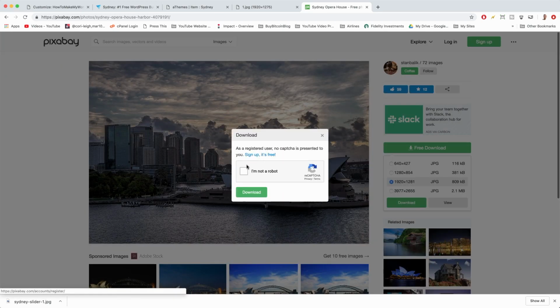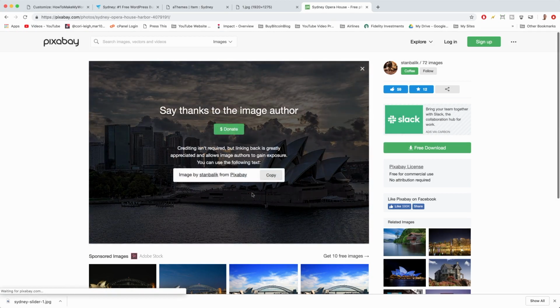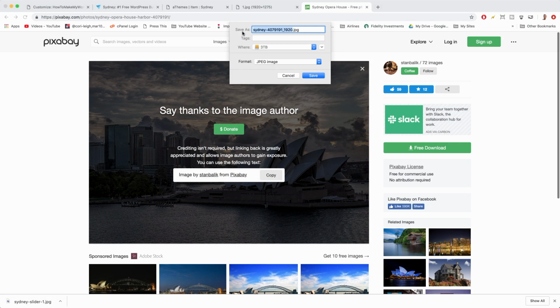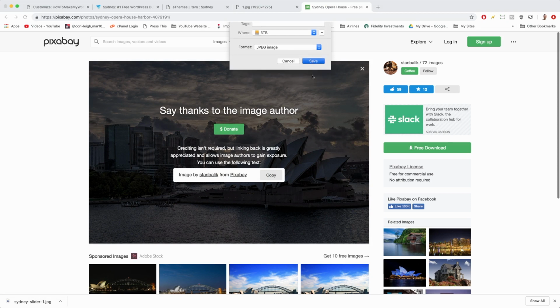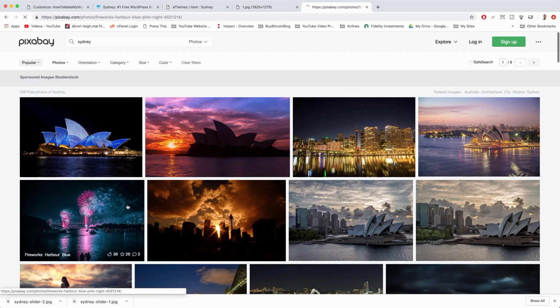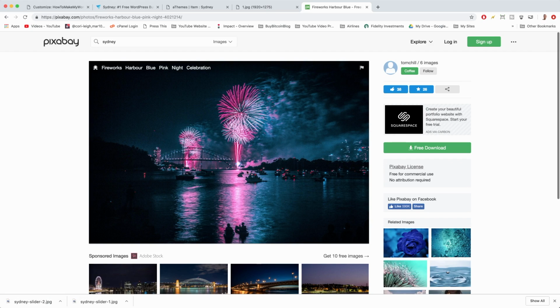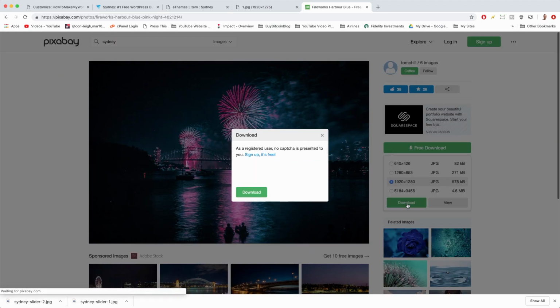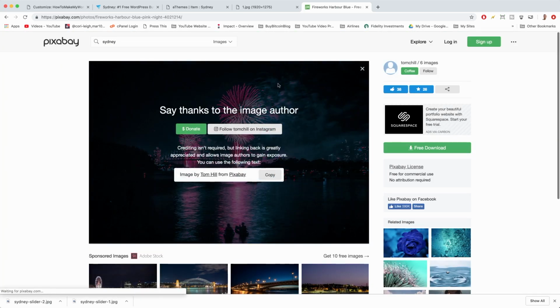And you can also sign up for free or just choose I'm not a robot and hit the free download. Alright, just rename it Sydney Slider 2 and save. Okay, so I changed my mind. I actually want to get this image, which has the Sydney Bridge. Super cool. Everyone needs more fireworks in their lives. So download, not a robot. And download, save it, and then just to mix it up, because we need some people pictures here, let's try searching for a couple,